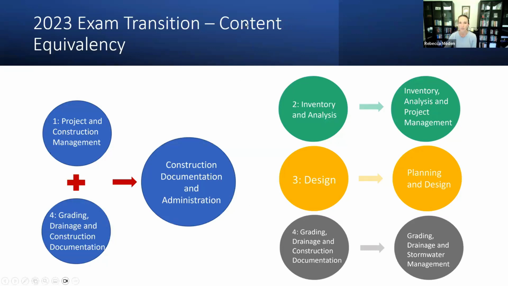I saw a chat come in, so before I get too far, I just want to check. The question is, will sections 3 and 2 have the same reading reference list? We actually have a committee meeting coming up in about 2 weeks. We review the reference list annually, so they'll be reviewing it at that time and making any adjustments. We'll announce those adjustments for the new blueprint, so we will have that information in a couple of weeks.